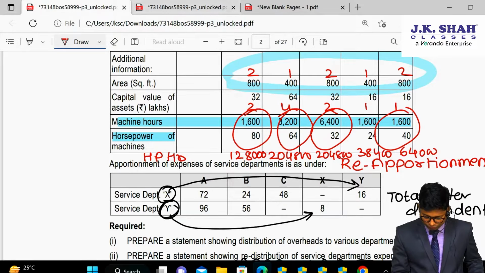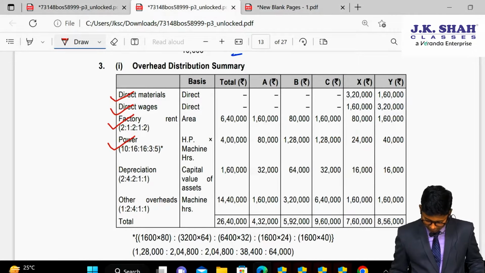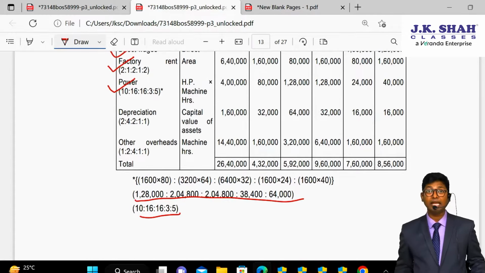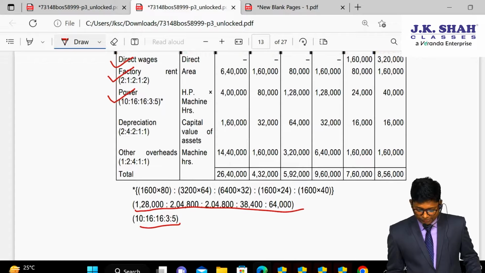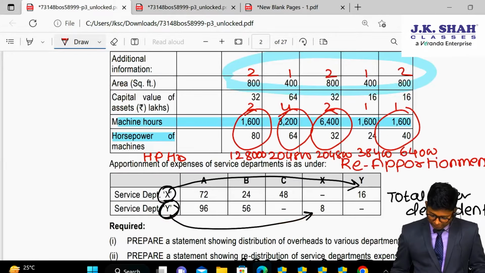So this is the ratio which you should use, and if you check here, the ratio is computed and they have shown this calculation as a working note. The same ratio has been calculated. By using this ratio, they have bifurcated the amount of power, and after power, if you check the next expense,